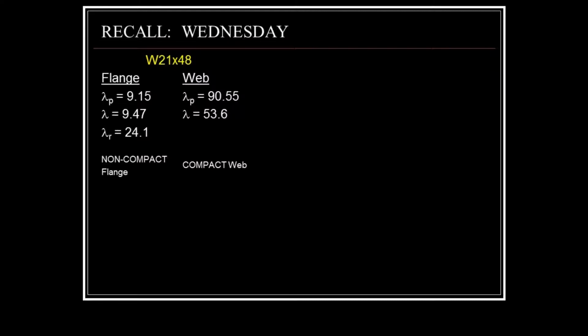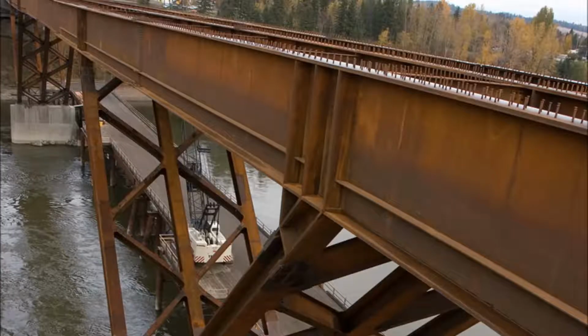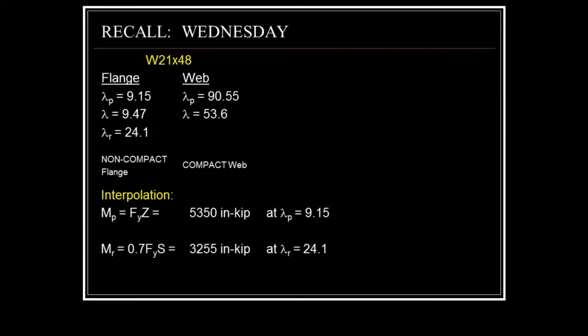We generally study local buckling because of built-up members, that is, members that are made from individual plates, not rolled shapes that are stock and from the manual. These sorts of shapes are commonly used in highway applications and often contain non-compact and slender elements. So then on Wednesday we determined that with a non-compact flange, we could compute the nominal